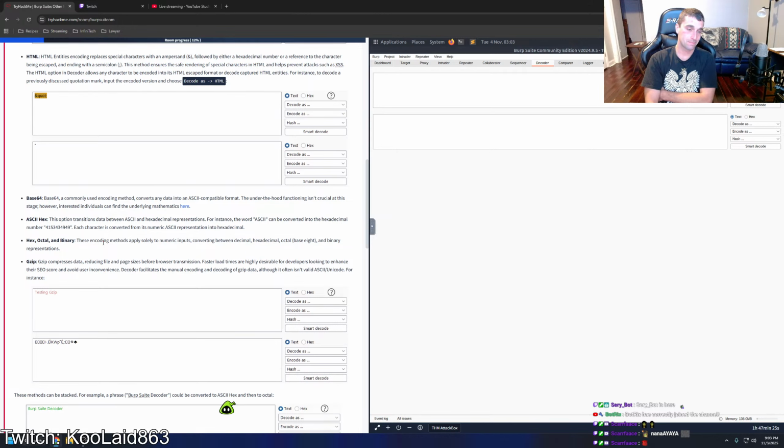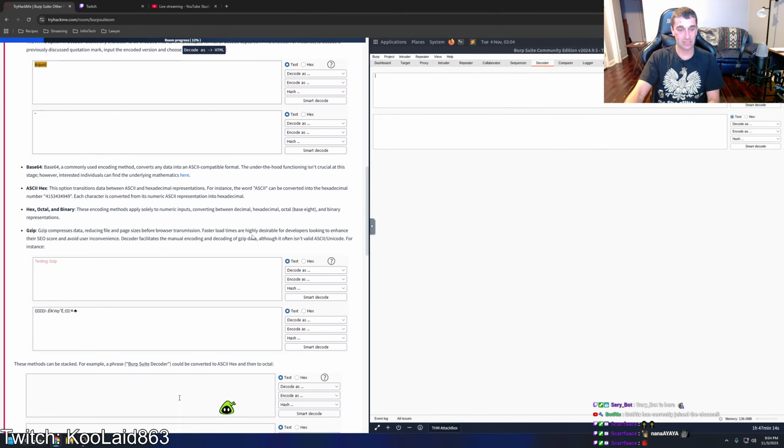Zip. Zip compresses data, reducing file and page sizes before browser transmission. Faster load times are highly desirable for developers looking to enhance their SEO score and avoid user inconvenience. Decoder facilitates the manual encoding and decoding of zip data, although it often isn't valid ASCII/Unicode. For instance,